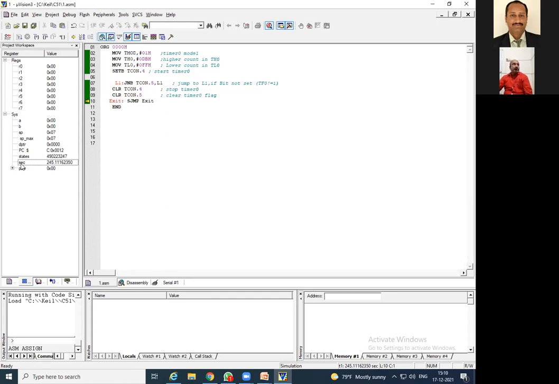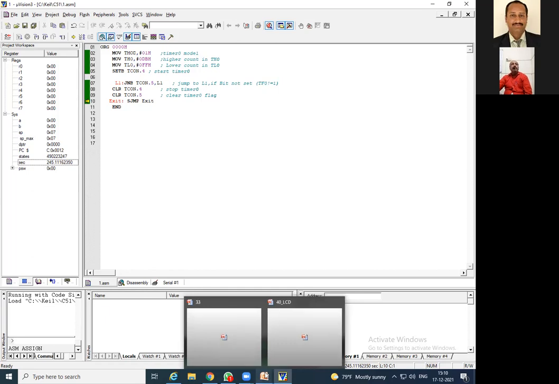It is showing here seconds 3, 4, 5 like that. Got it? So here also you can check how much delay is produced through this program. It continuously goes on running. So this is how we can use the timer for generating the delay.